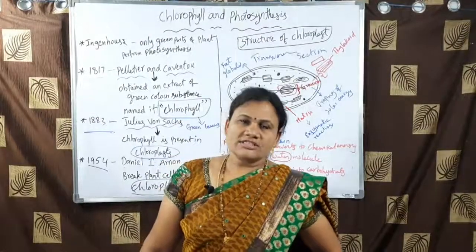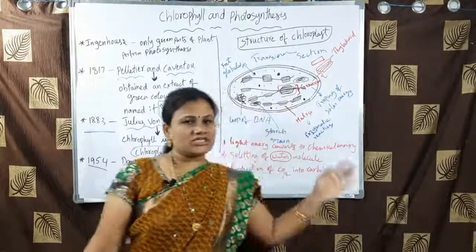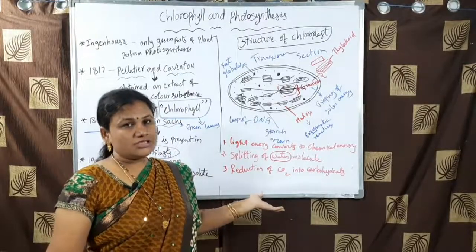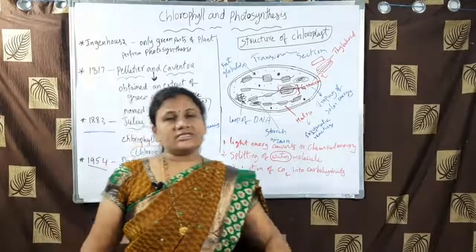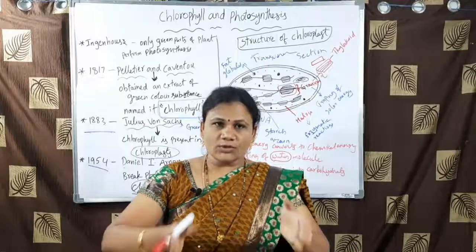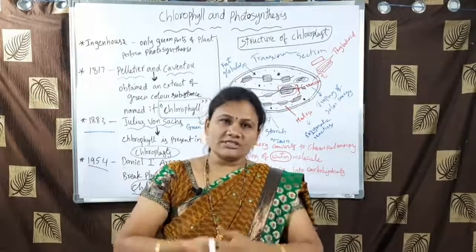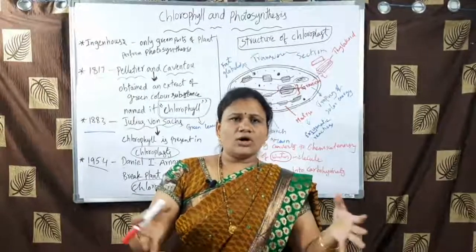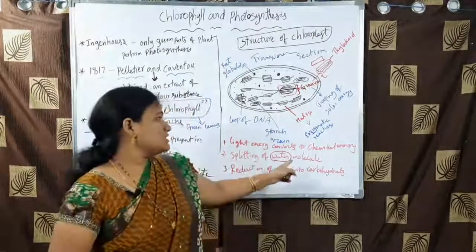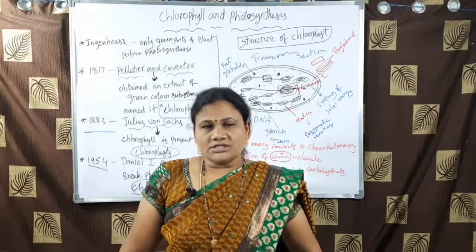So till now we have discussed the various scientists and their discoveries, the structure of the chloroplast and its functions in the process of photosynthesis. In the next class we will study the mechanism of photosynthesis. Till now we have studied only the structure of the chloroplast and the photosynthetic pigments, that is chlorophyll. How these all work together, and how light energy finally converts into chemical energy, we will study under the mechanism of photosynthesis in the next class.